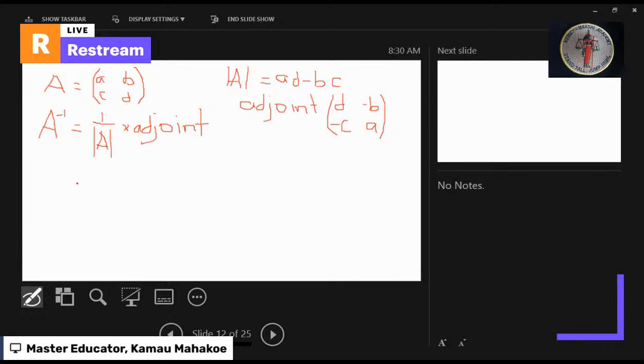So let's say we're given matrix B, and that matrix is 6, 3, -1, and 4. So to find the inverse of B, we need to first find the determinant of B and the adjoint of B. So the determinant of B